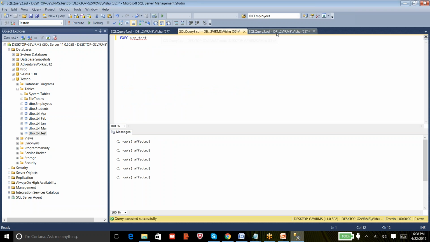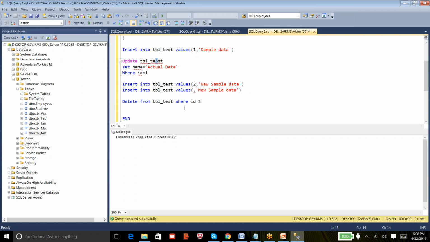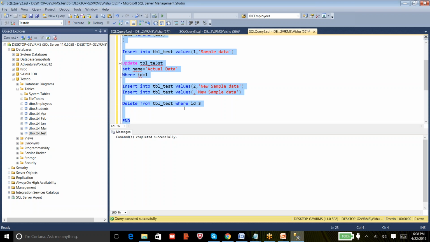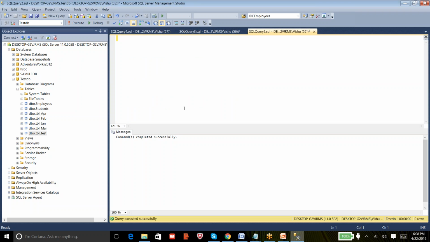And this is one thing, and there are many examples of creating stored procedures. With another one, maybe I want to know the date name.